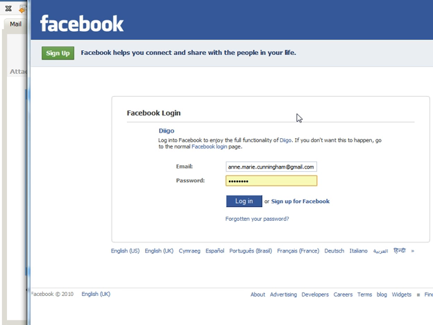It takes a little while to think about it. It comes up. I've logged into this computer before, so I can't see what my password is, but that brings in my email and my password. I type those in, and then I can say log in, or it would offer me to sign up for Facebook. I've already got a Facebook ID. So whenever I log in, it's going to go in and get my information and use that to generate an account for me for Daigo. So if I click login,